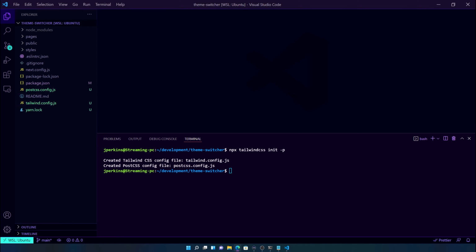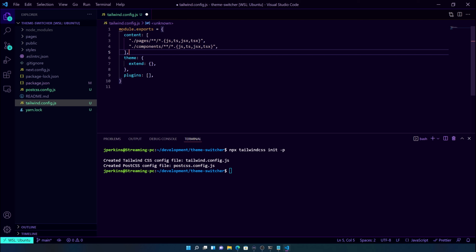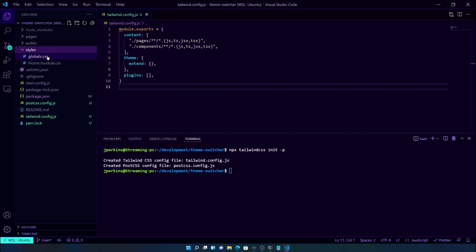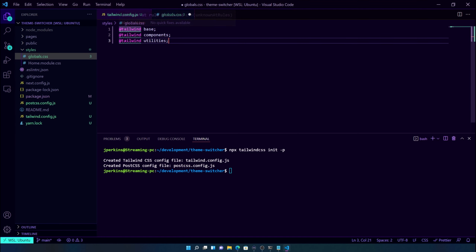Then in the Tailwind config file, you're going to paste in here all the content that we want to look for. So I can paste this in, but basically it's just /pages and then the types of files that you want to use. So we want JavaScript or JSX, and then the same for components. We can hit save. And then the last step to get this set up is to use the globals here. And we just need to put in our global styles, which is Tailwind base, Tailwind components, and Tailwind utilities, and hit save. Now that's done, Tailwind is essentially set up and ready to be used wherever we want.